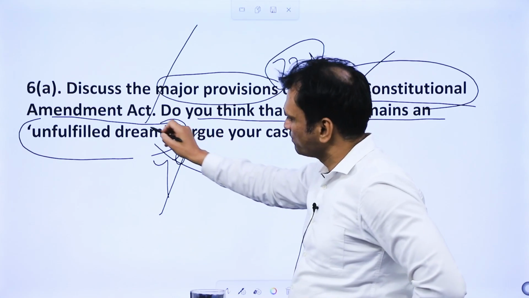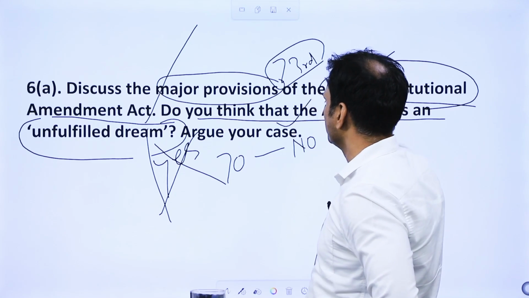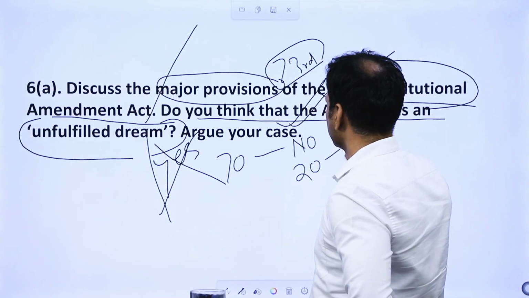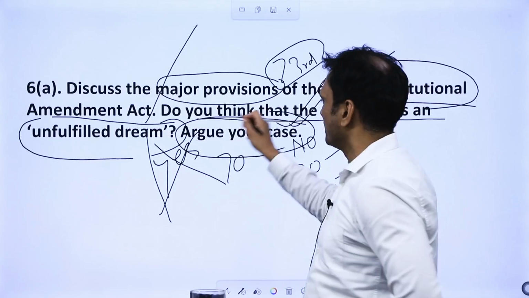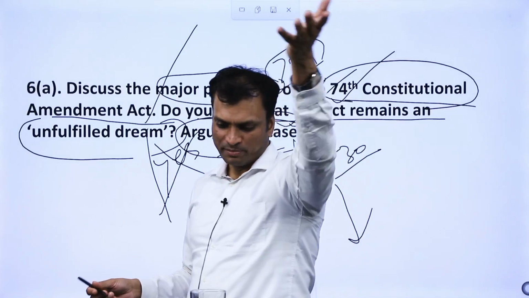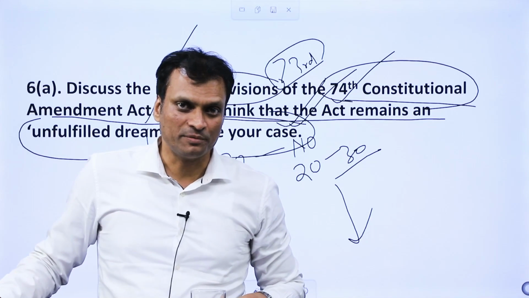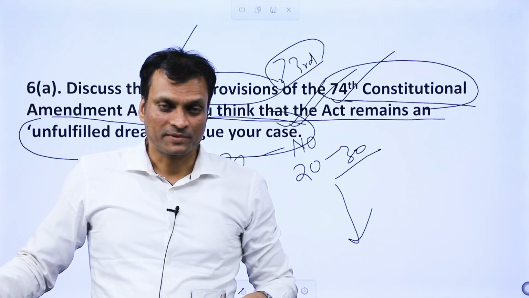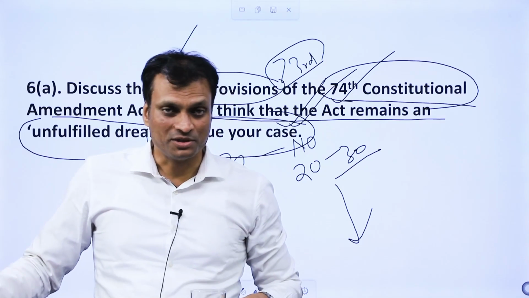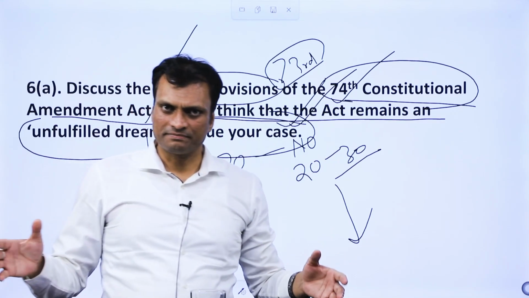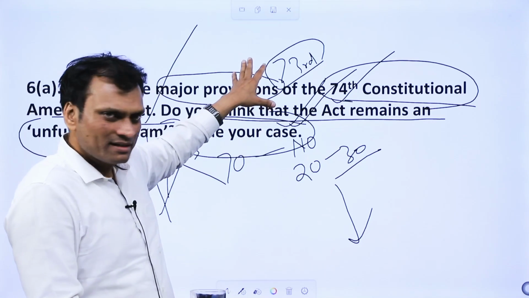आपको लिखना है कि नहीं सर बहुत काम किया है, तो 70% 80% you will write no, it has done its work very good, and last में 20% 30% you write, but कुछ तो इंप्रूवमेंट चाहिए। Argue your case. हमारा केस उल्टा नहीं बनेगा कि नहीं सर म्युनिसिपल कॉर्पोरेशन तो कुछ भी नहीं किया, ऐसे नहीं। लाखों करोड़ खर्चा होता है म्युनिसिपल कॉर्पोरेशन पे। They have been indexed by NITI Aayog, they are e-governance, they are municipal bonds, challenges are there, but then argue your case में यही करना है, प्रोविजन लिख दो पहले, you know, that is 60-70 words,